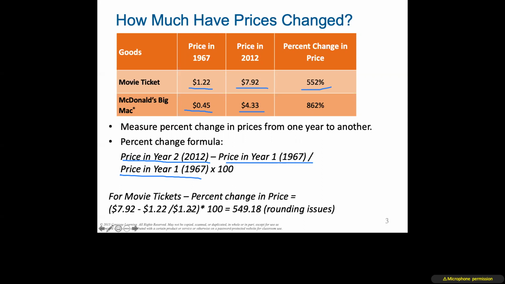Now, if you were to calculate this out, I'm just warning you, you're going to notice that you're a little bit off, and that's because the numbers that you're looking at there are rounded. And what, of course, economists would be using is far more precise numbers. So instead of being $1.22, it'd be $1.220437 something. So that's the reason why there's some rounding issues there. I didn't want you to panic if you started calculating it by yourself. I did the same thing.